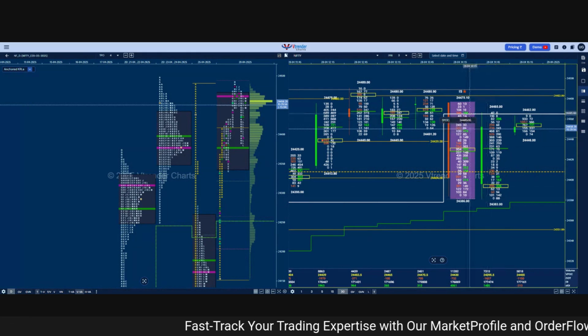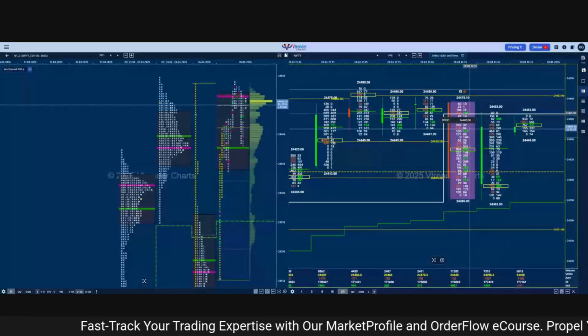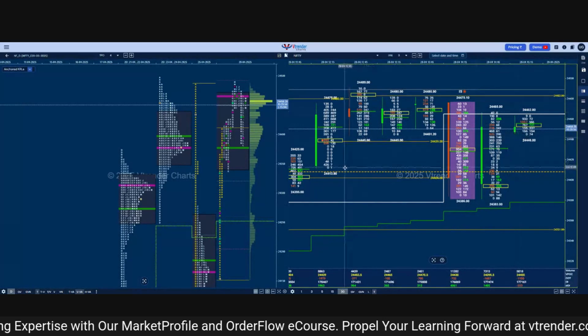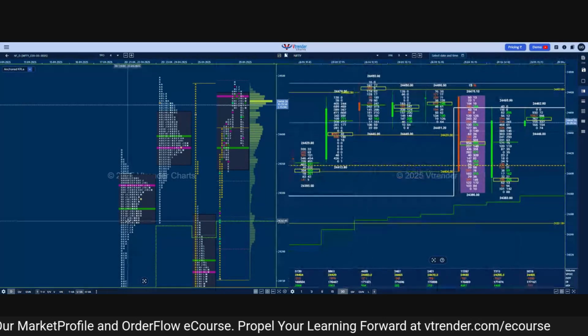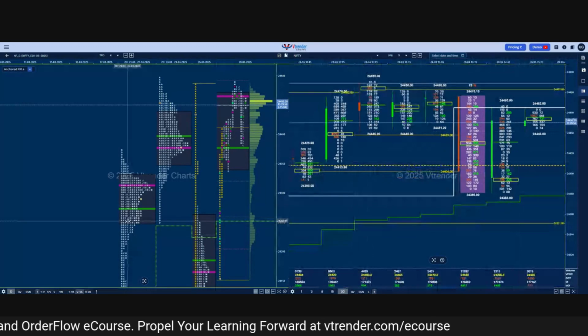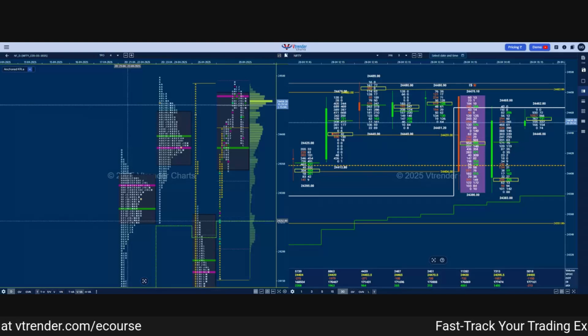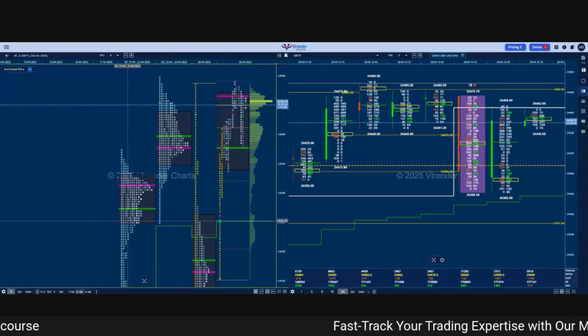And this will be our reference for tomorrow. This will act as a magnet till the time we don't get an initiative move away from here. So this is one way of looking at the market profile and the order flow chart in this two window mode. You can use this two window mode in multiple scenes, because market profile is something which you need, which